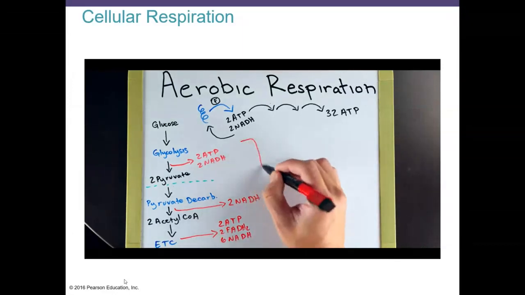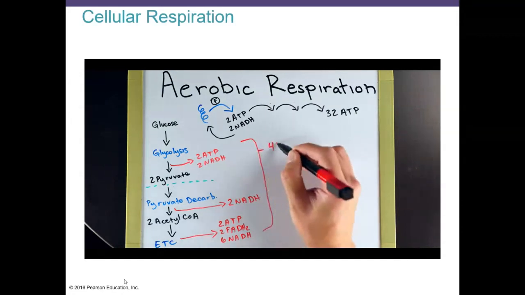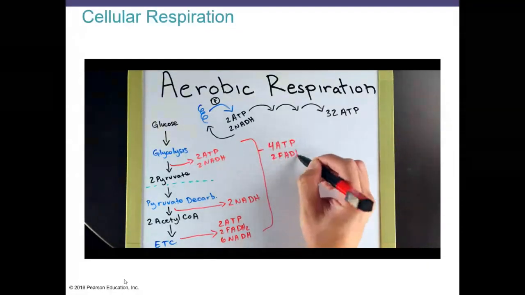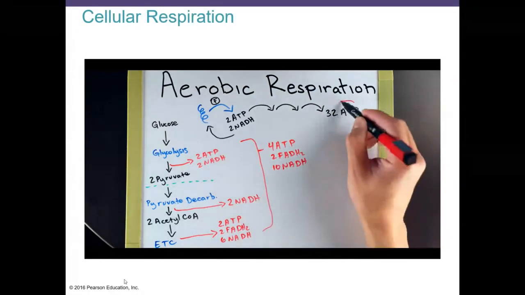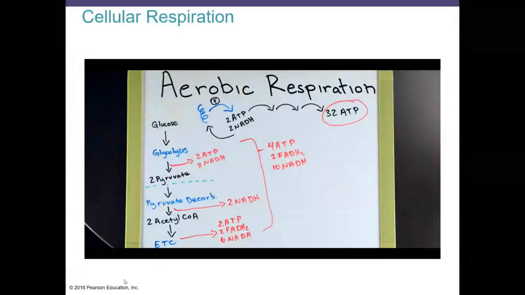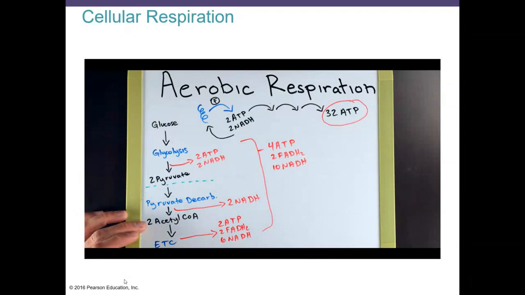And now once we add all these things up together, you can see that we have 4 ATP, 2 FADH2, and 10 NADH. But you might be saying to yourself, Fritz, I thought we were going to get 32 ATP, not 4 in these other molecules that you mentioned, and I'm not sure about what the significance is. Well, their significance comes into play because we actually don't put the 2 acetyl-CoA through the electron transport chain. They do act as reactants, but what we're also doing in the electron transport chain is transporting the electrons from